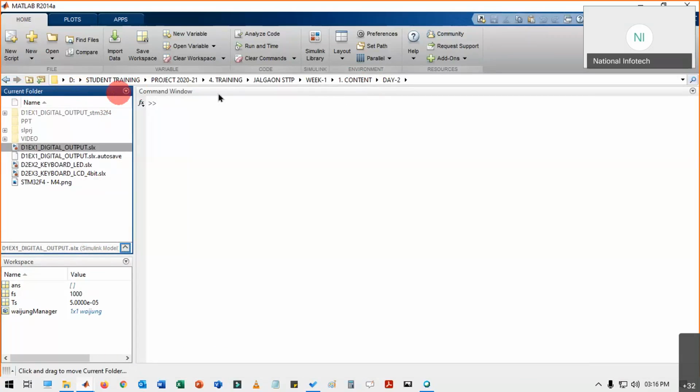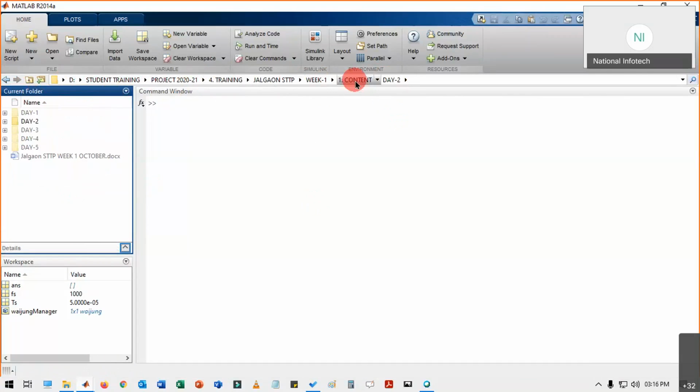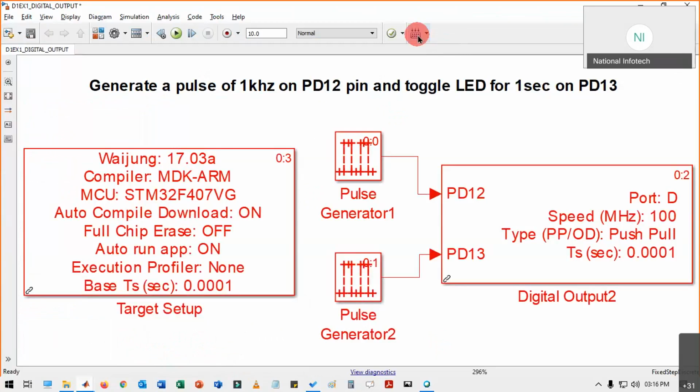Right now I am in the D student training project 2021 content Jalgaon STTP week 1 content day 2, and my file is D1 exercise 1 digital output. Okay, so if I change the current folder to something else, and then I try to dump this program,